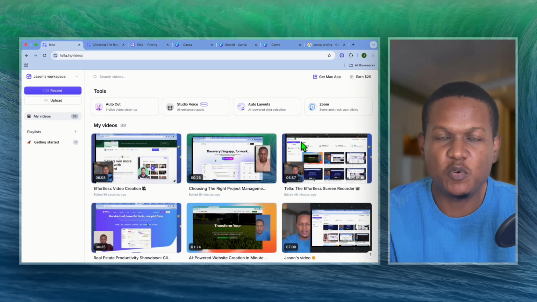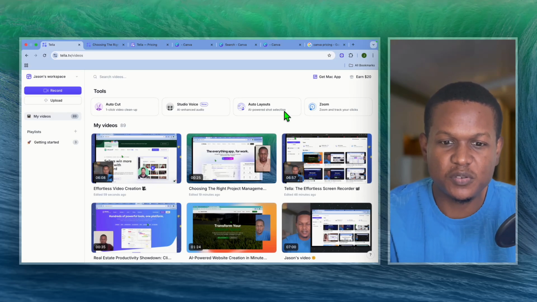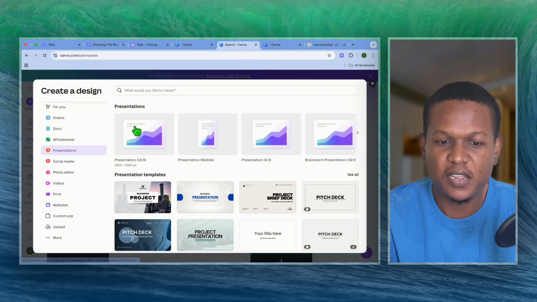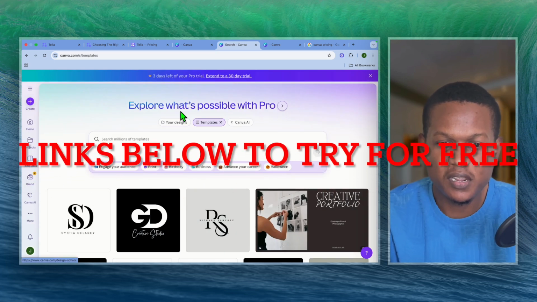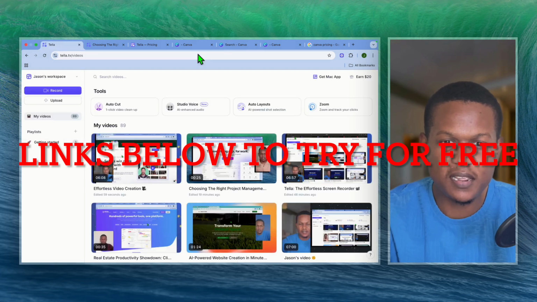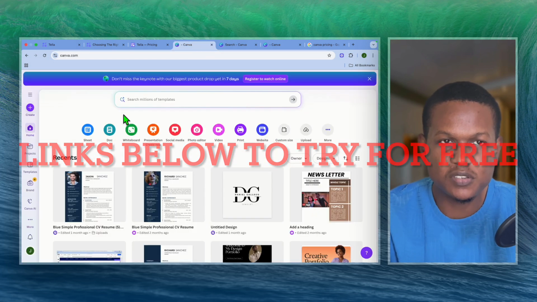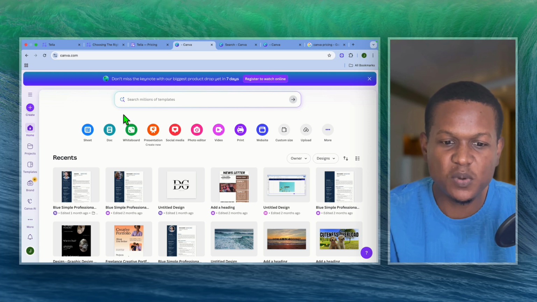If you've been making tutorial videos, marketing videos, or social media clips, you've probably seen both Tella and Canva mentioned as screen recording tools. They both let you record your screen, but they serve two different purposes. In this tutorial, we'll be comparing Tella and Canva: features, pricing, ease of use, and which one is best for